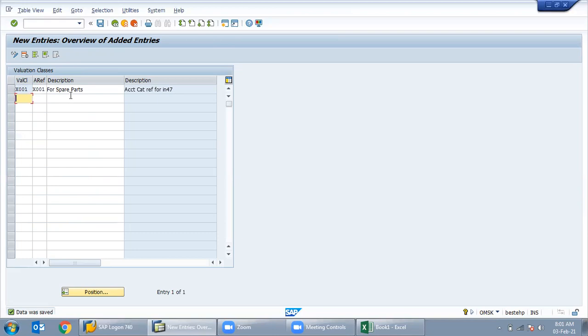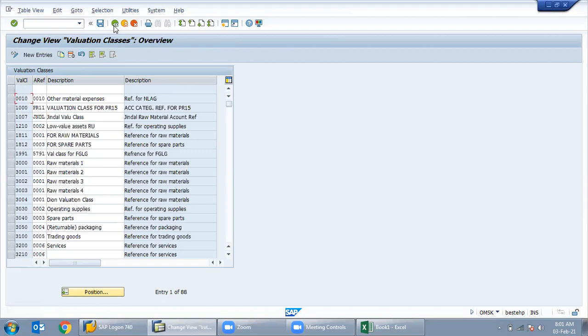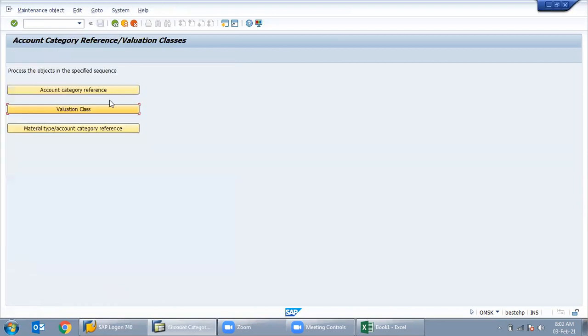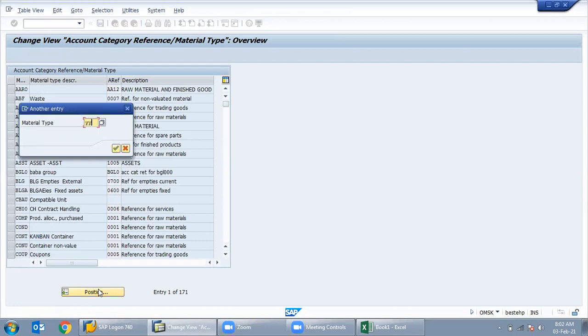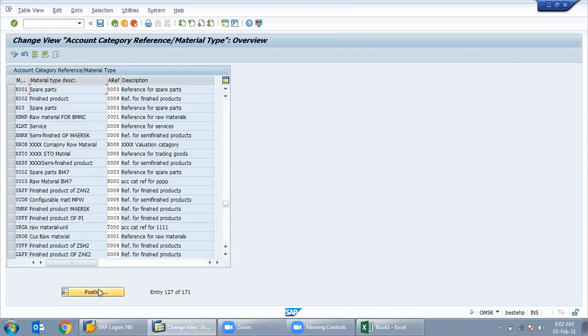Now we have to assign that valuation reference to the material type. What material type we have created, Umesh? Y00 or X001 that I have created now. The account reference category is 003. Can we change whatever we created, X001?